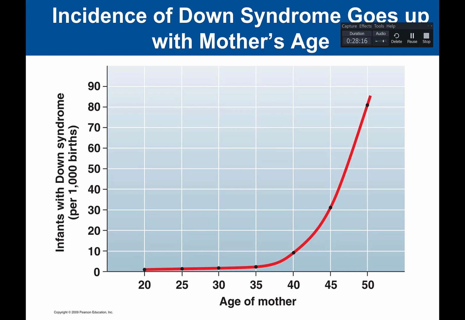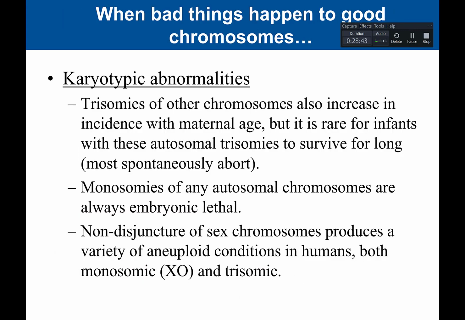So this is just showing you that there is a correlation between Down syndrome and the age of the mother. And that's why when women get to about 40, a pregnancy after that is typically considered higher risk, and they will monitor you more closely because there are more risks associated with having a pregnancy later in life. Now, in terms of trisomy, trisomies of other chromosomes also increase in incidence with maternal age,